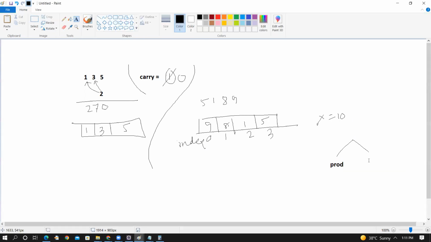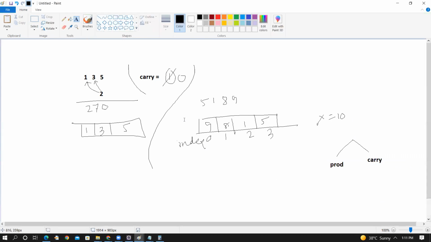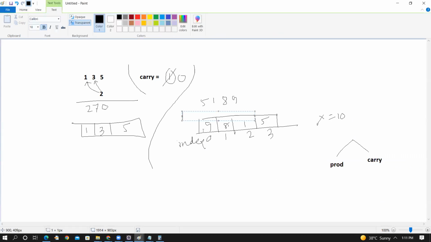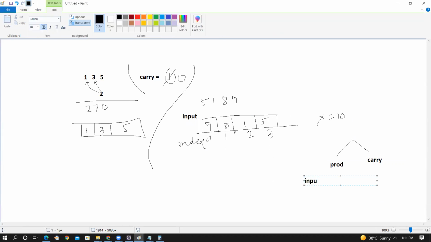Another one is your carry. So whenever we are getting multiplication with this digit, try to understand this digit. If this is our input array, whenever we are fetching the first element, the product would not be only the multiplication of x into input 0, but it is going to be something like this: